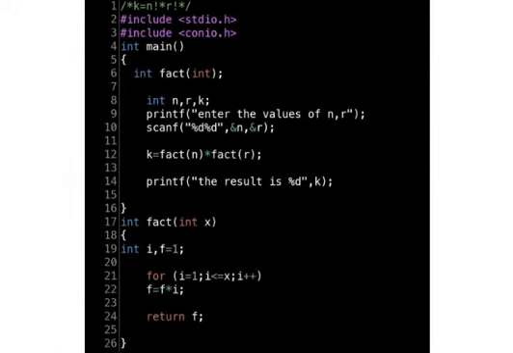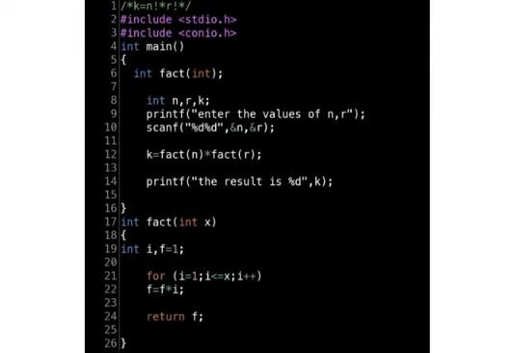So what exactly is the advantage of defining a function? Look at this program. k is equal to n factorial multiplied by r factorial. The factorial logic is repeated twice, the same logic repeated twice. A function once defined can be used any number of times, can be called any number of times. Look at the definition part, line number 17 to 26. The factorial of any number, x is the parameter here. So the function definition is to find factorial of x.